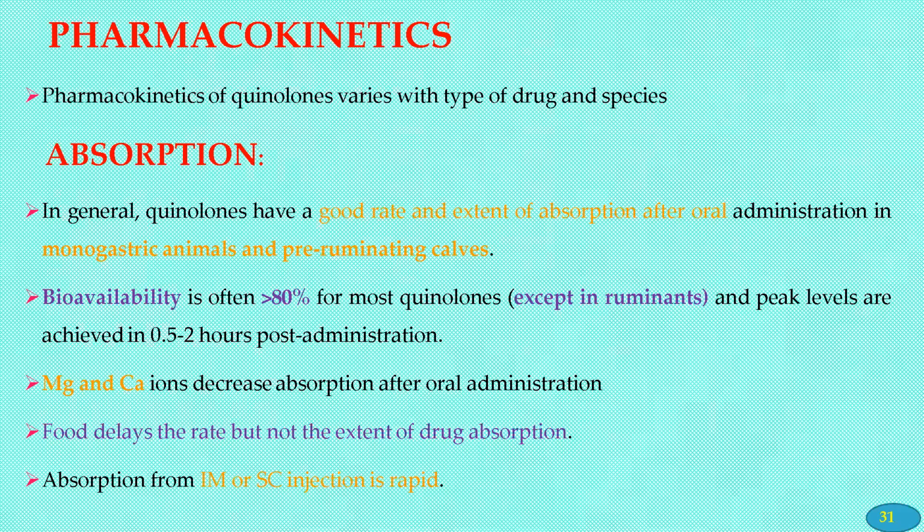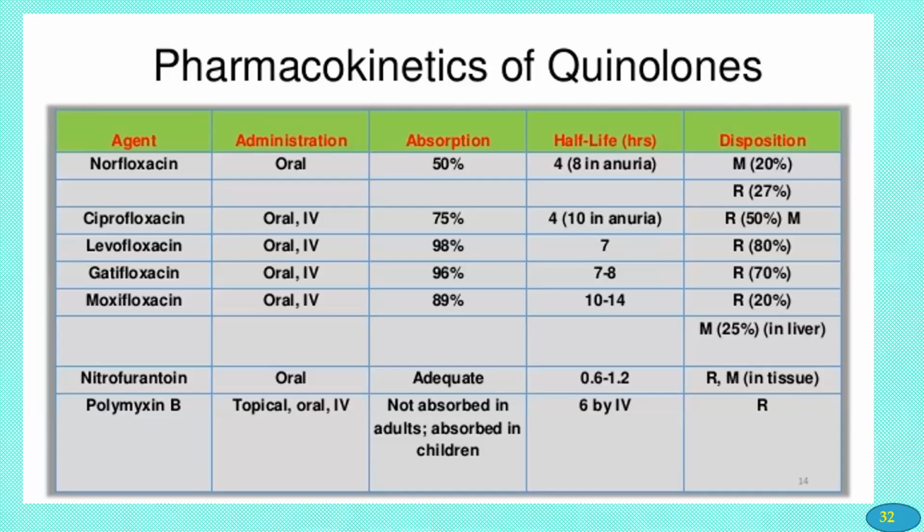Then this is the pharmacokinetic parameter just for your reference. Norfloxacin is derived from nalidixic acid, administered orally, and absorbed 50%. Means if you take a 100 milligram tablet, only 50 milligram is absorbed. The half-life is 4 hours, then the disposition kinetic is about 20%. And ciprofloxacin, both oral and IV, absorption 70%, and the half-life is 4 hours,